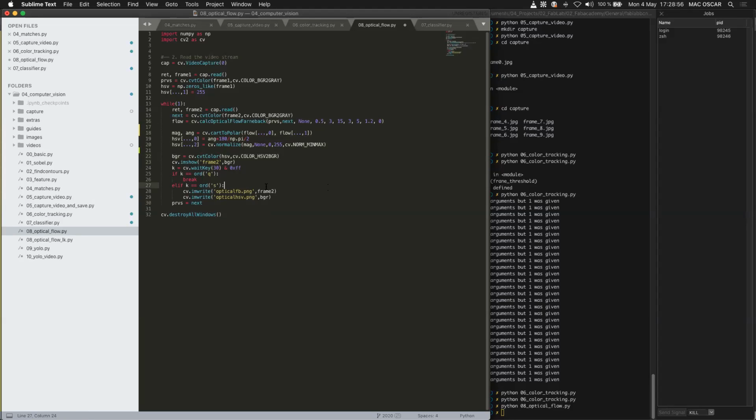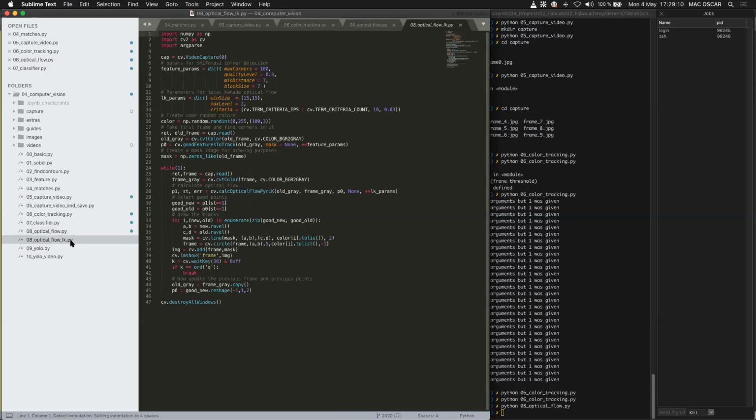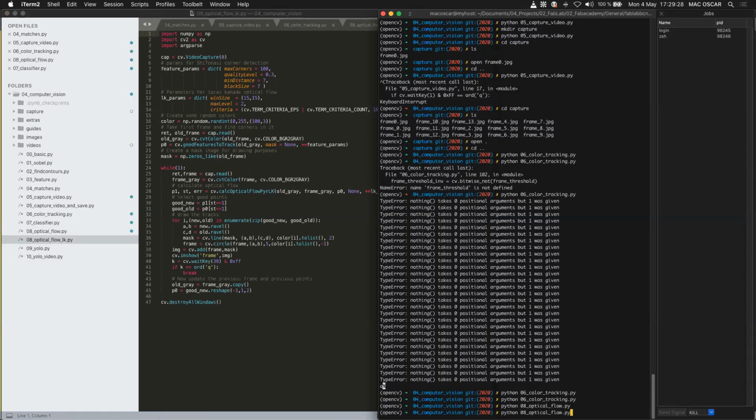And then also if you want to play, since it makes very cool images, whenever you press S, it will save the image itself, and you can maybe print it and get rich like Andy Warhol or something like that. And then let's see the next one, the optical flow, but a little bit more advanced. And we will see that this one is a little bit better because it tries to find key points and doesn't calculate the whole image each time. So it will try to find,